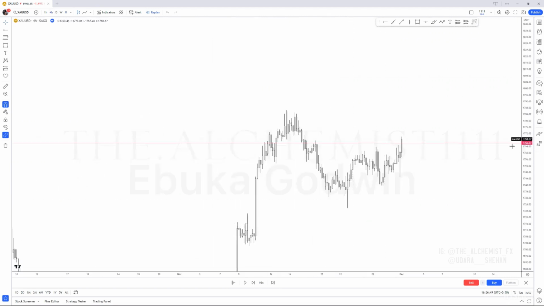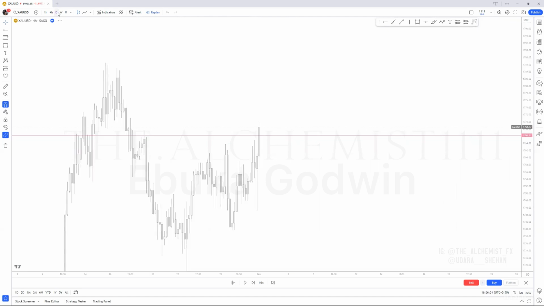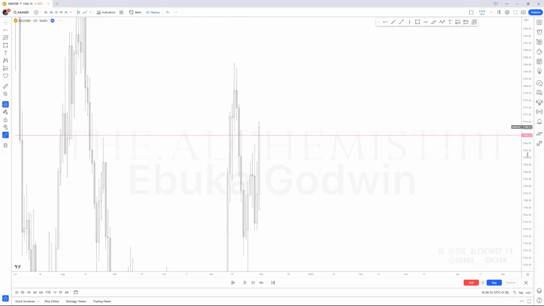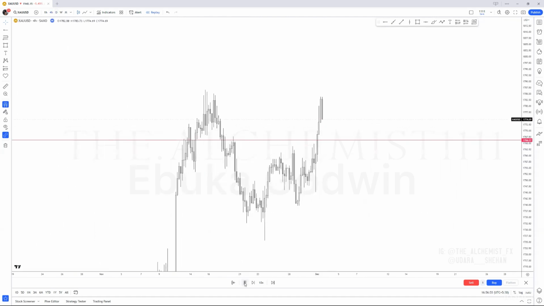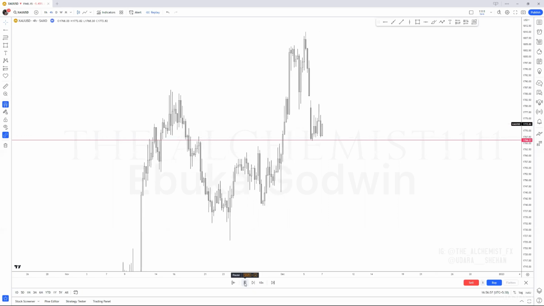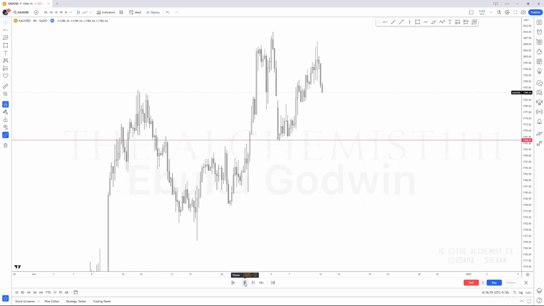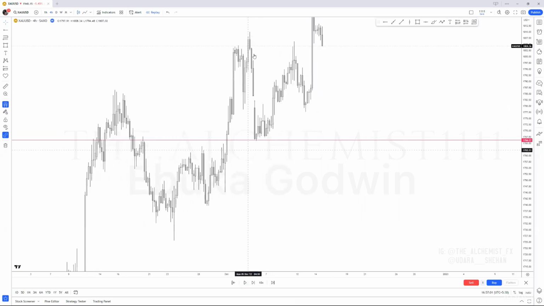Then what you could do is maybe refine into lower time frames if you want to, right? Just do something like that, and then look at the reaction from that. Not yet. Oh, there it goes. Can you see who stopped this huge push? Who stopped it? Who put an end to it?